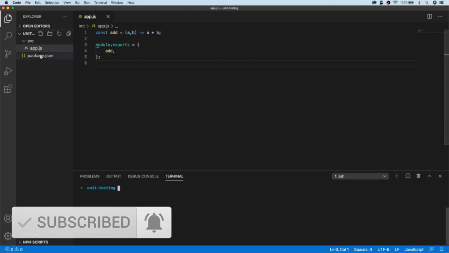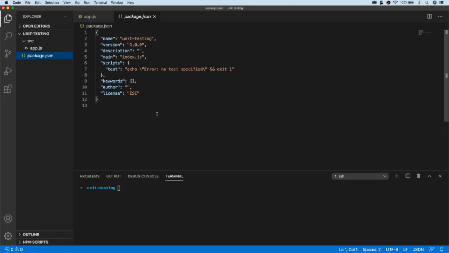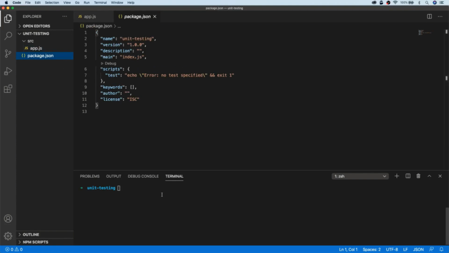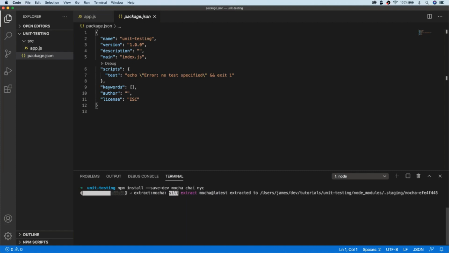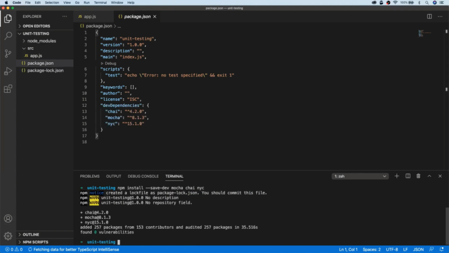So the first thing we'll do, if we head over to our package.json file, you'll see we have no dependencies currently for this project. So let's install the necessary dependencies that we're going to be using, which is Mocha, Chai, and Nice. So we can simply write npm install and then use the save dev flag because we're going to save these as dev dependencies, and then Mocha, Chai, and Nice. That might take a minute or two to install, but you can see the dev dependencies are now listed